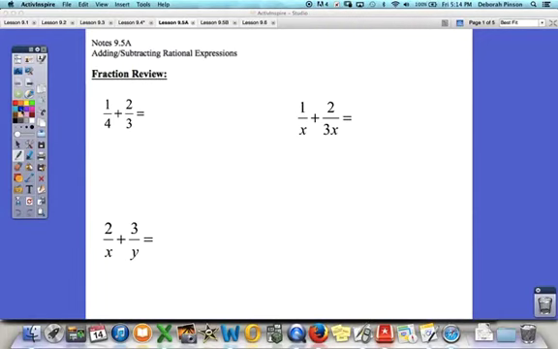Okay, so today in 8.5a, we're still going to be looking at rational expressions like we did in 9.4. Today we'll specifically be adding and subtracting. In 9.4, we were multiplying and dividing and simplifying, which is kind of like reducing a fraction. Now, I just want to remind you on this first one, little details from fractions with addition and subtraction from when